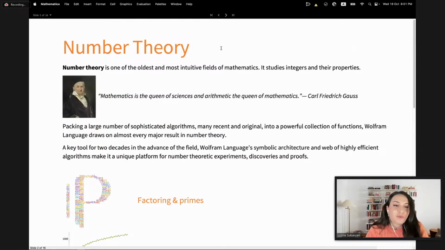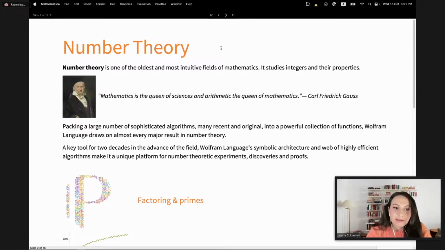So, number theory. What is number theory, first of all? Number theory is one of the oldest and most intuitive fields of mathematics. It studies integers and their properties. It is sometimes called arithmetic or higher arithmetic. As the very famous mathematician Carl Friedrich Gauss once said, mathematics is the queen of sciences and arithmetic is